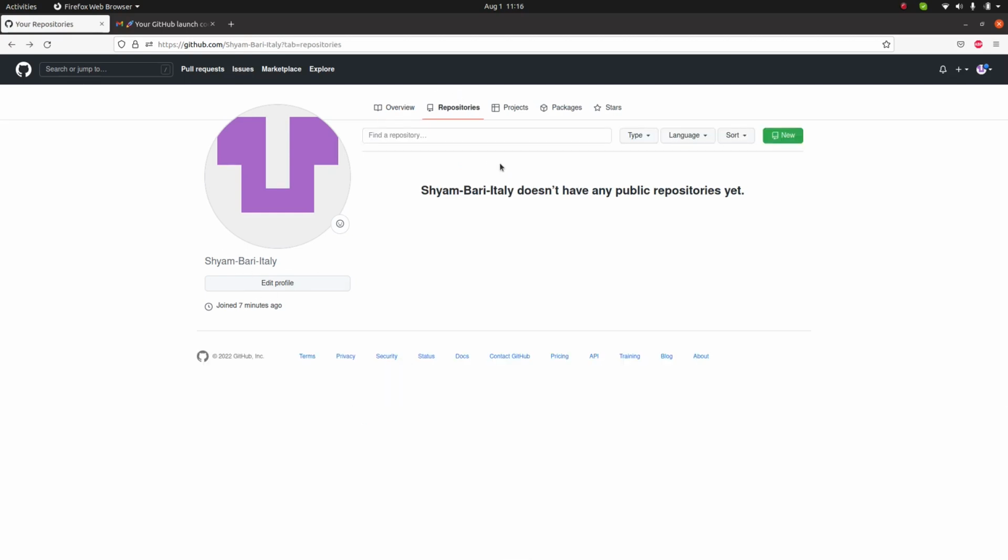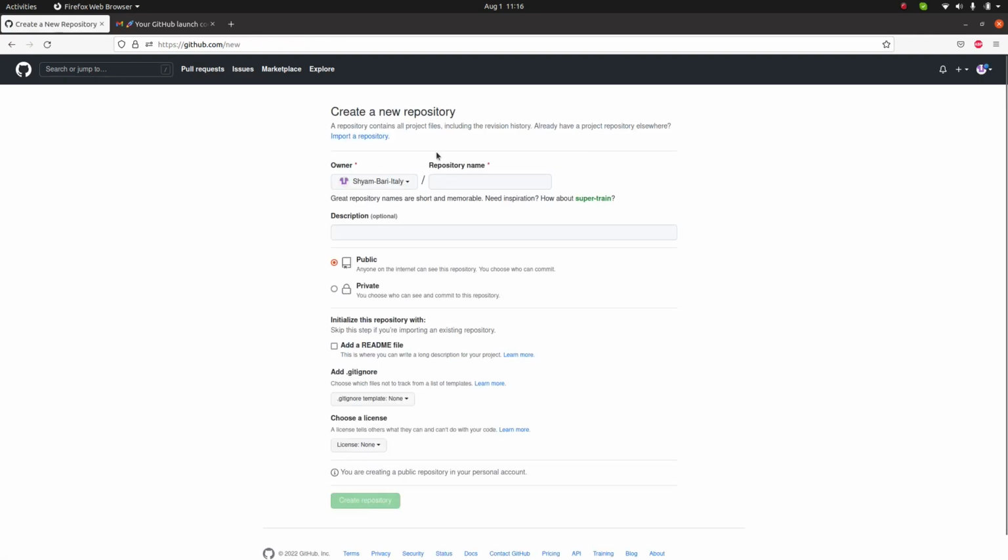So now you created the profile, then you can try to add a repository. For this you can just click here, new in the repository, and then you can start adding the repository. Let's say I can put the name of the repository postdoc work, and then it's a public repository, description is optional. This is related to my postdoc work, to my postdoctoral work